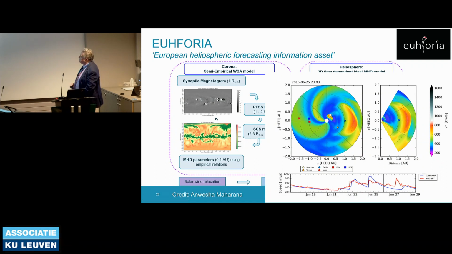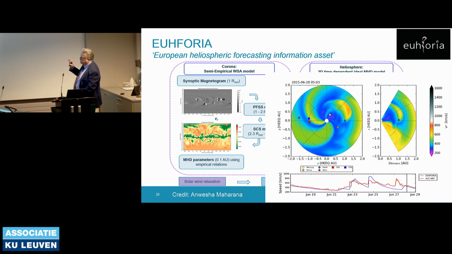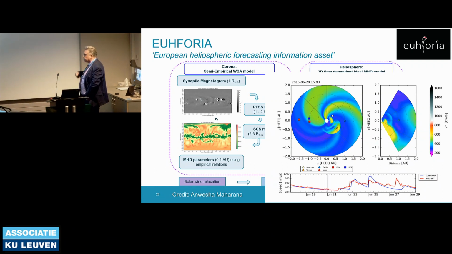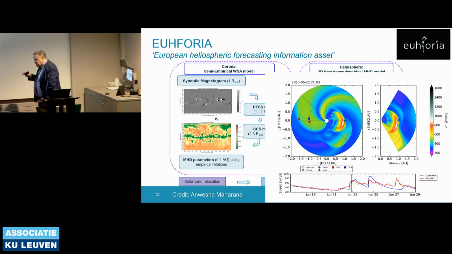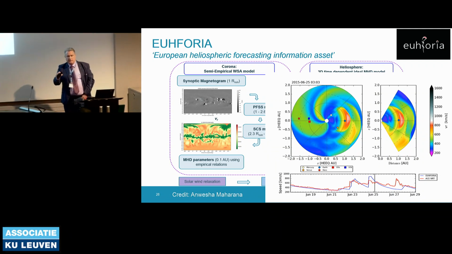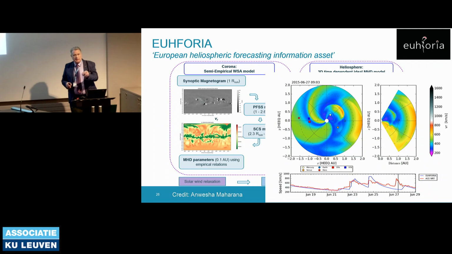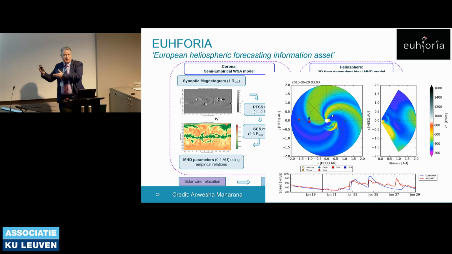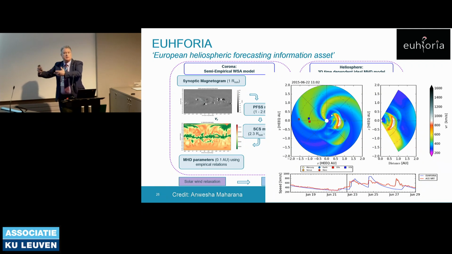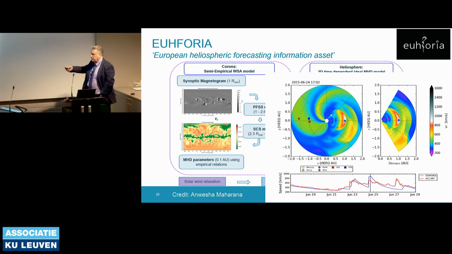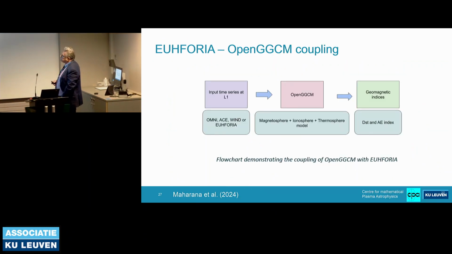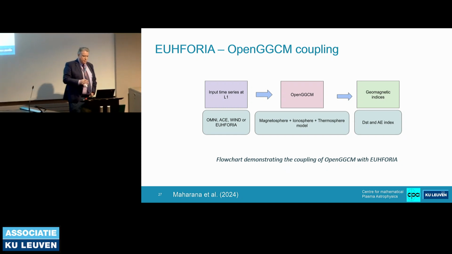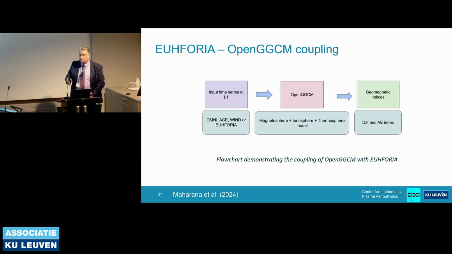This is not the current state of the art, because these were very simple CME models. You will hear about that later this week. But we can predict the solar wind at L1. So this means that when we have a model for the indices, we can also use the synthetic data at L1 instead of the measured data to compute or predict how the indices will evolve in time. Another way to do that is to connect the heliospheric code with a magnetosphere code, like